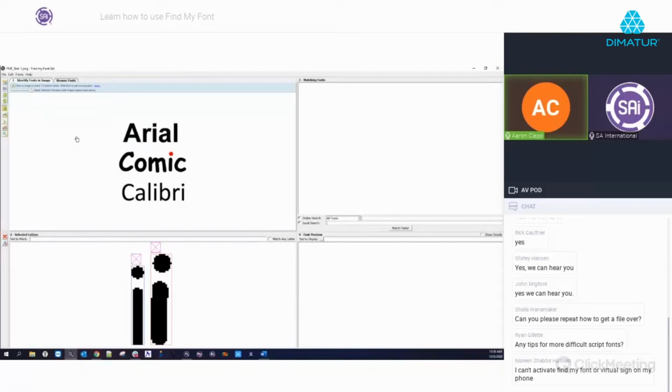Let's see here. We have one that said, I can't activate Find My Font or Virtual Sign on my phone. So Find My Font is going to be a PC application only. So this will be on your desktop, and you won't be able to run it off of your phone. But Virtual Sign